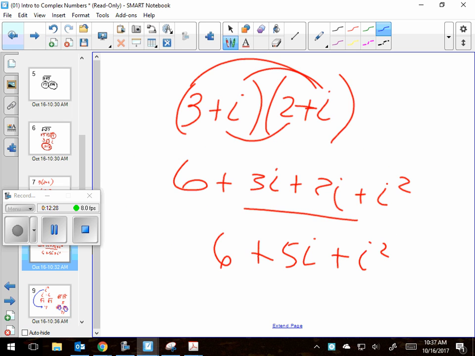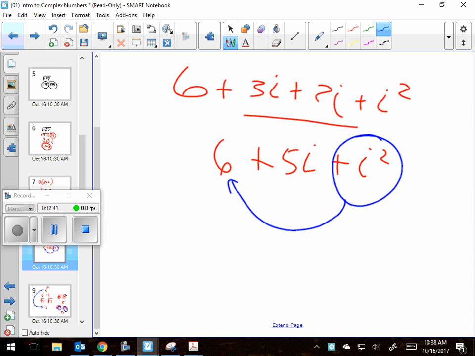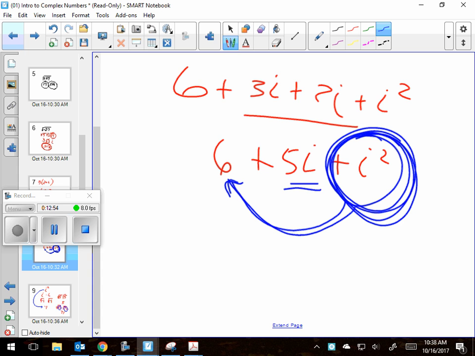So let me go back to that last slide. You guys were all right if you got to here, but now you can be even more right by saying, what's that equal to? -1 goes with the 6, makes a total of 5. And no, not an i. This is just -1. Oh, I see what you're saying. You were saying this part of the answer, yes. So this part is -1 goes with this 6 and makes 5, and it's 5 plus 5i.